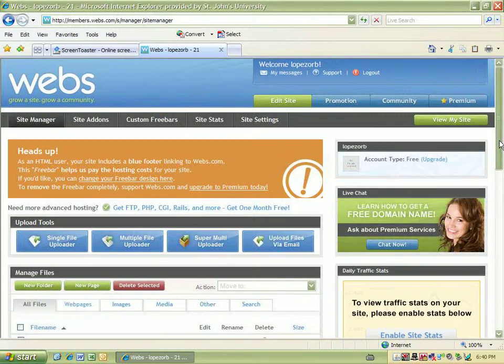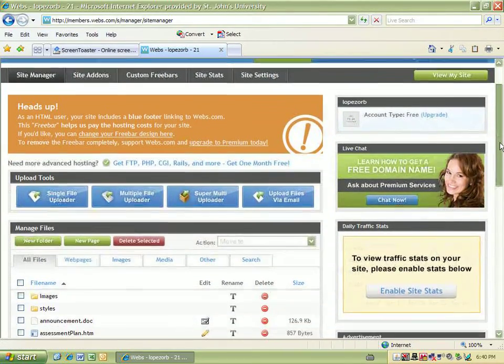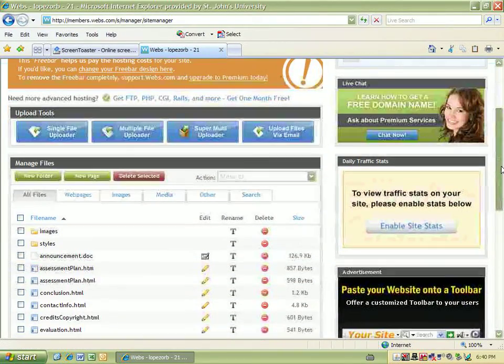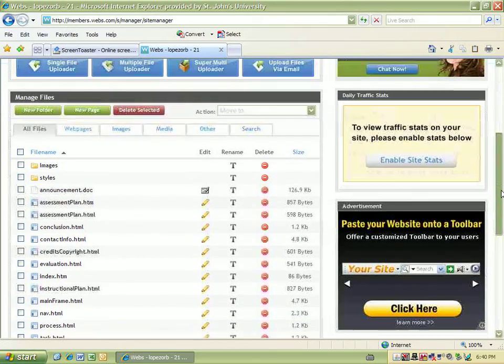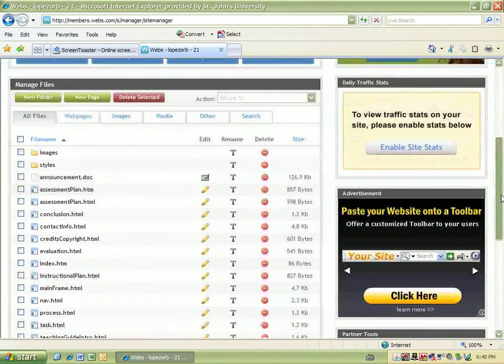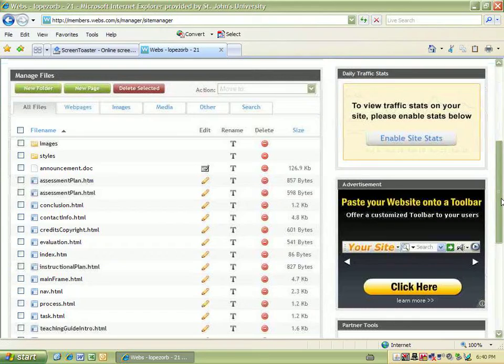I'm going to scroll down. Actually, before I do so, there's a View My Site button. Every time you want to preview your site, you're going to click on View My Site. And I scroll down a little bit, and we're going to fast forward into the future, and you're going to basically see what your website will look like a few, maybe a couple months from now when we start working